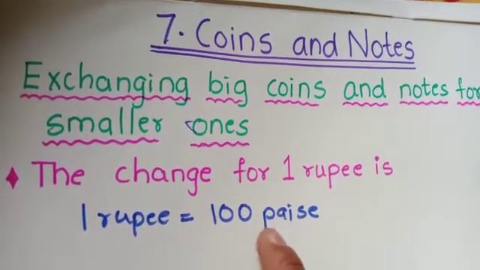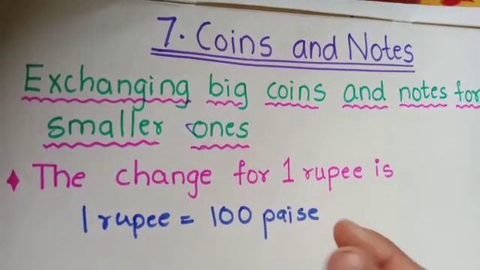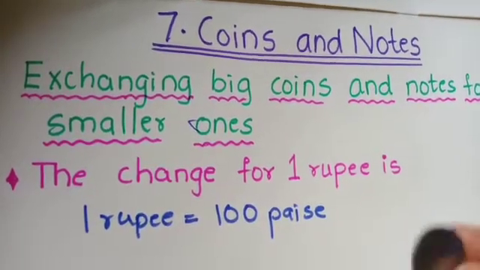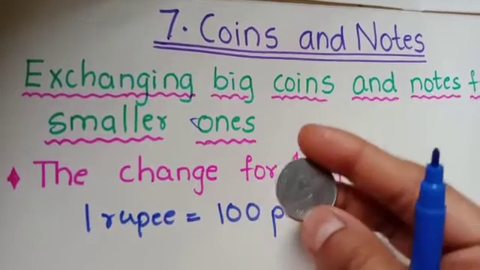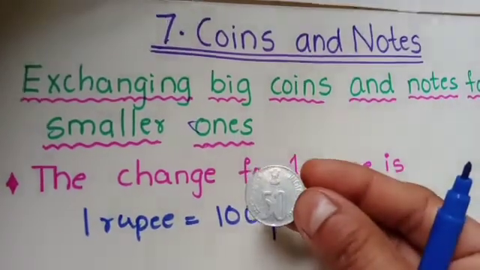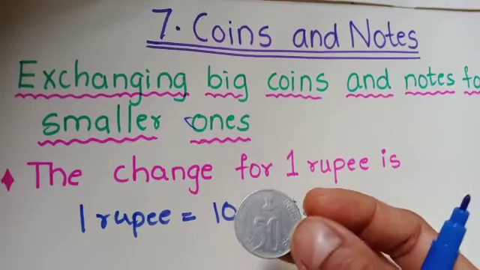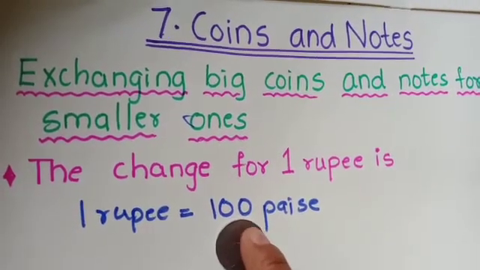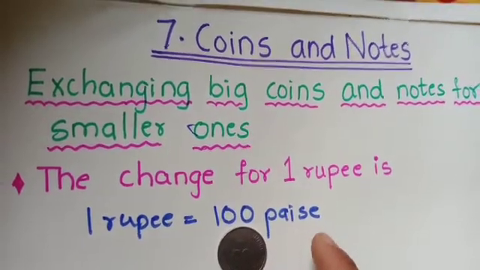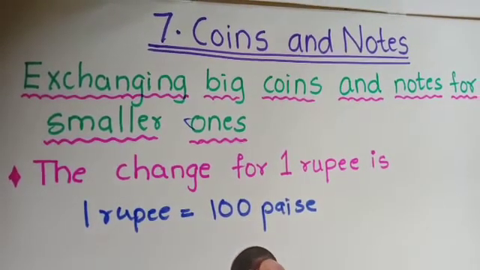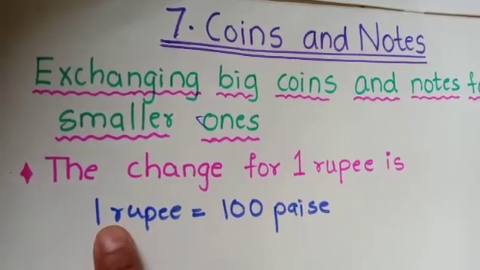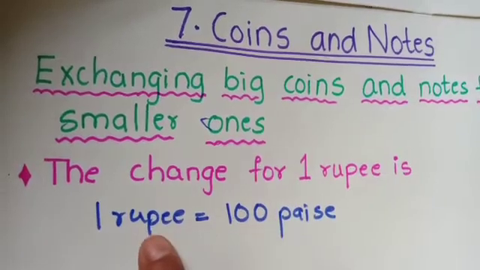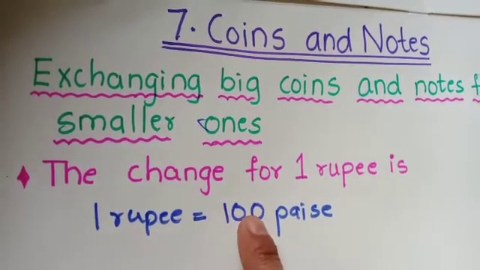In earlier days, 25 paise, 50 paise coins were used. See, in this way. This is the 50 paise coin. 50 paise coin, 25 paise coins were used. But now 25 paise and 50 paise coins are no more accepted by bank branches. But here we have to see how to exchange 1 rupee coin. 1 rupee coin is also equals to 100 paise.